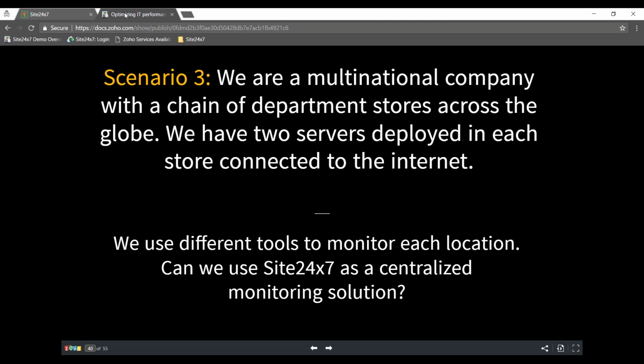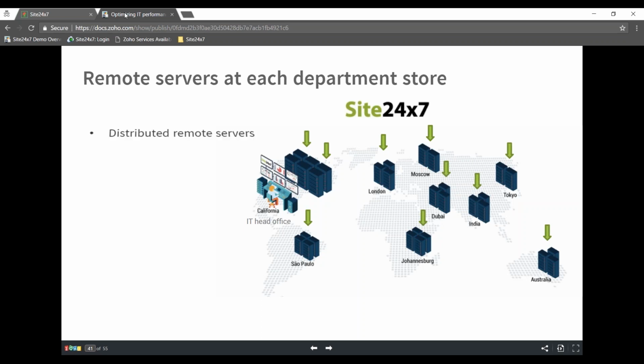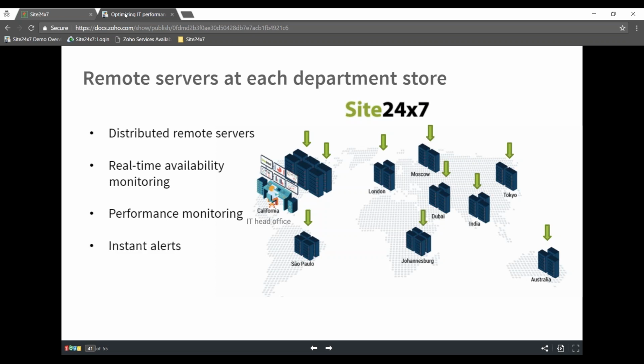We had a customer, a department store, where they have their retail stores across the globe, and they have servers installed in all their stores, connected to the internet, and they had a requirement to monitor them. With on-premise monitoring, we need a dedicated server running to have the monitoring done. So in this case, is it possible to install a dedicated server to monitor the servers available in each and every store